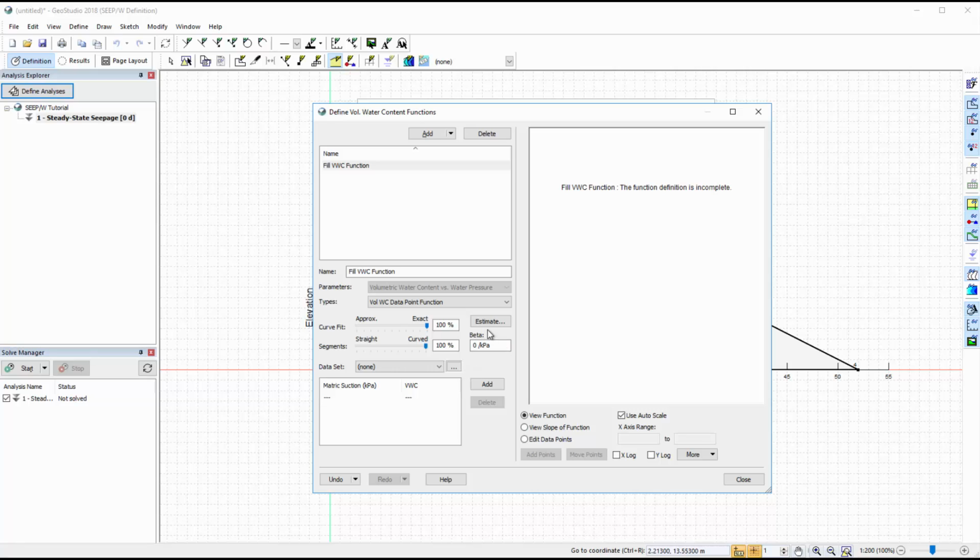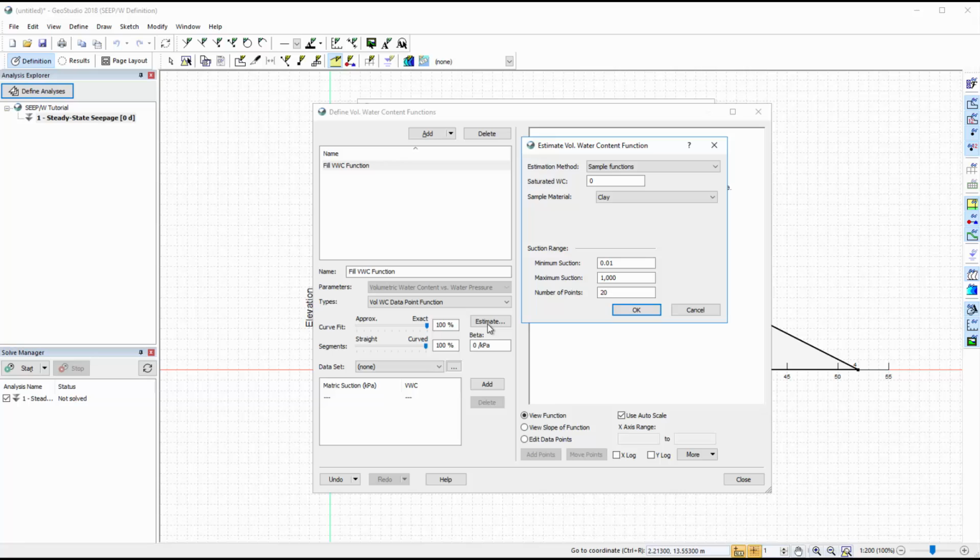We can use the internal estimation algorithm to generate the volumetric water content function by clicking the Estimate button. The sample function's estimation method creates a typical volumetric water content curve based on published literature, given the soil type and saturated water content. We will use a saturated water content of 0.5 and choose the silt sample material.